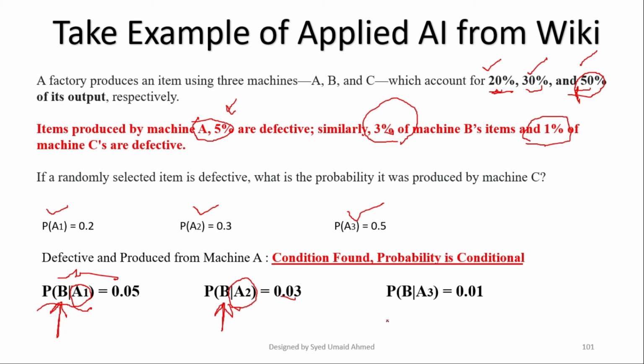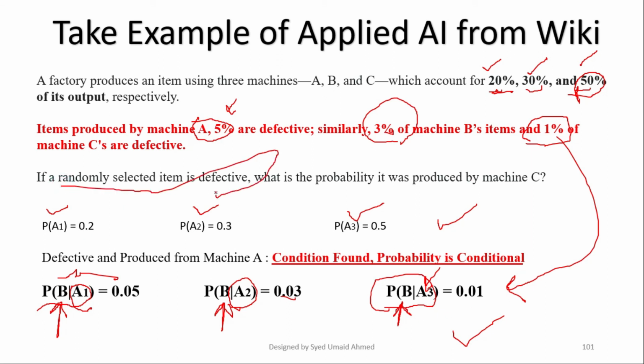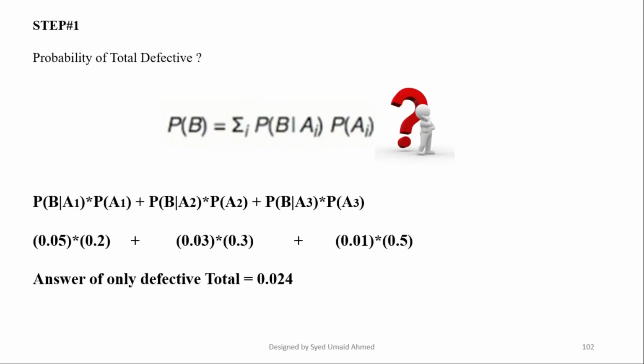So what is the statement saying? The B is for defective. The equipment produced is defective given that it comes from machine C, that is 1%, that is 0.01. I am hopeful that you understand these two statements. Now move towards the third. The question is saying, if we select a random item and it is defective, what is the probability that it comes from machine C? So let us move forward.